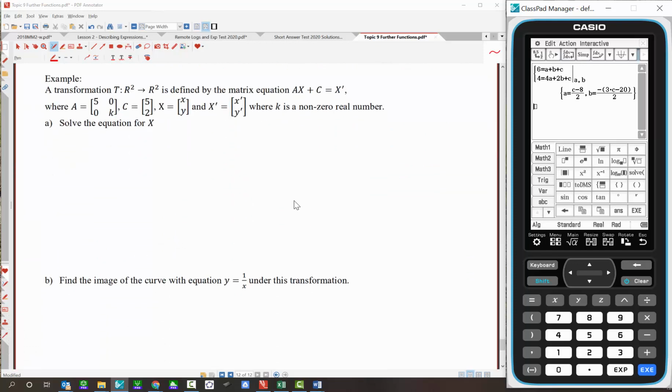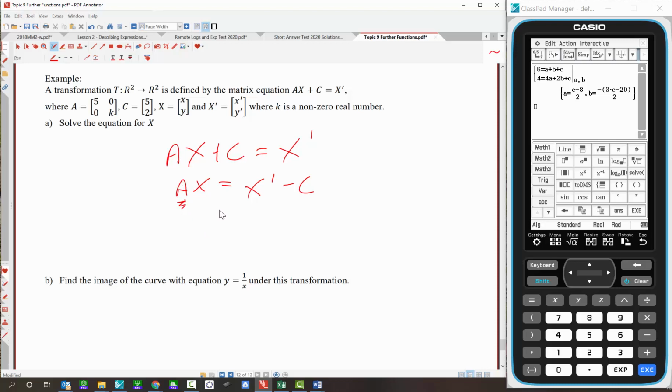All right, got a transformation here defined by this matrix where a is this. All right, so let's just start. I'll solve the equation for x. That's this matrix equation. I suspect you won't have to do this in a Year 12 methods exam, but anyway, let's go back and do a bit of Year 10 matrices here. Ax plus c equals x dash, and we want to solve it for x. Now, what we can do is subtract this matrix here, so that is x dash take c. Now, notice that we want to make x the subject here, so we want to get rid of this A